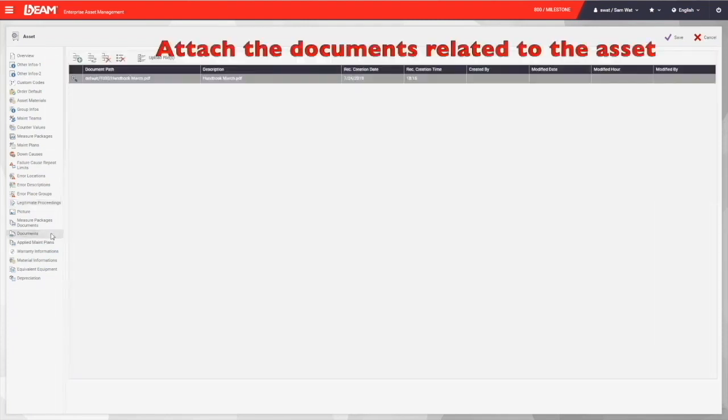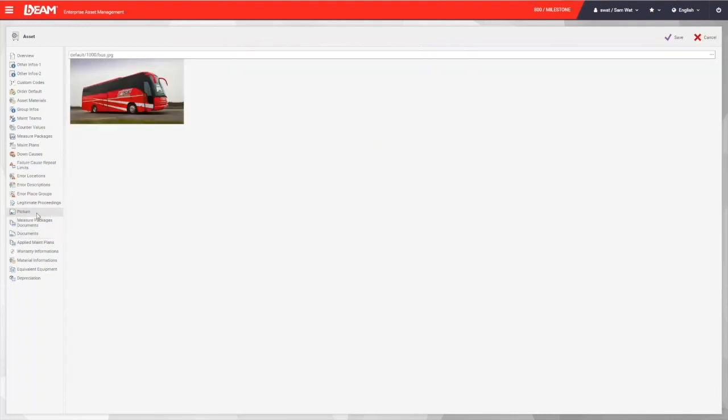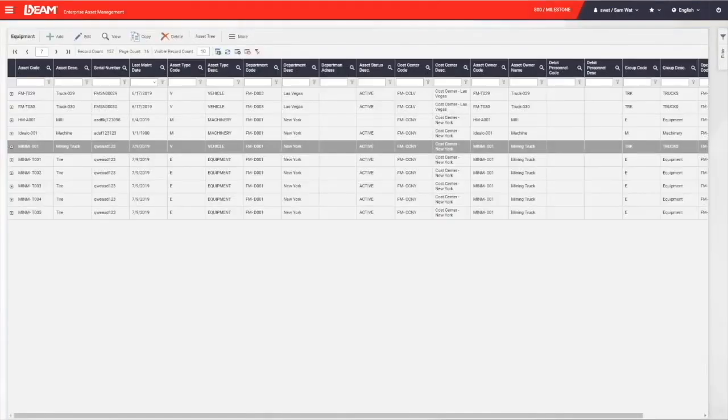Any handbooks, instructions, or certifications can be attached under the document fields. You can also upload the picture of this asset here too. After you filled all the information, you can save it and the new asset and its information will be saved